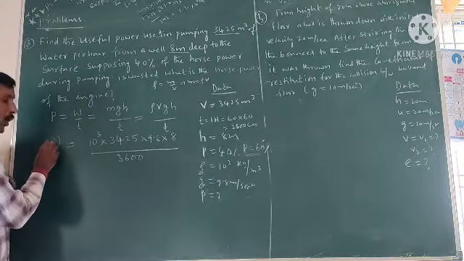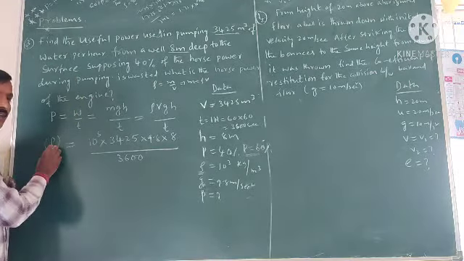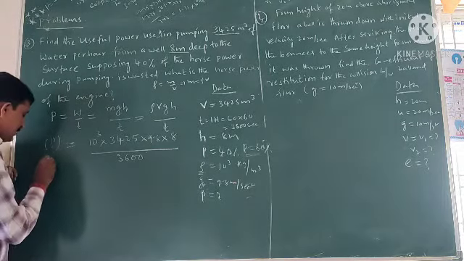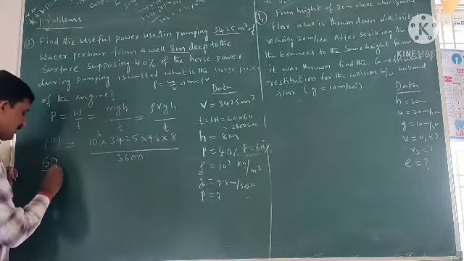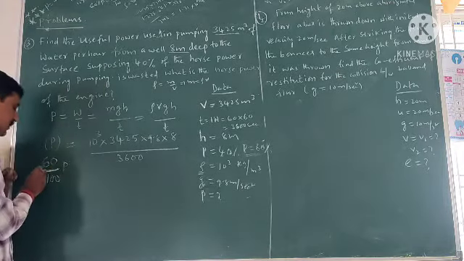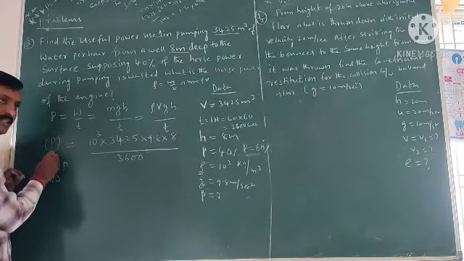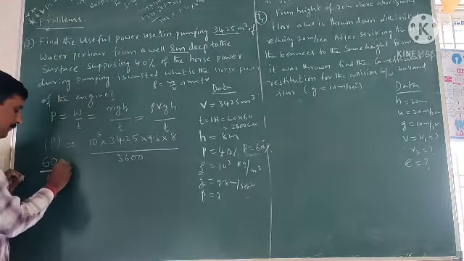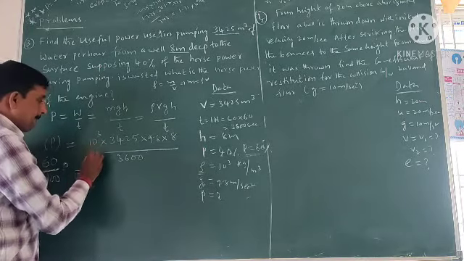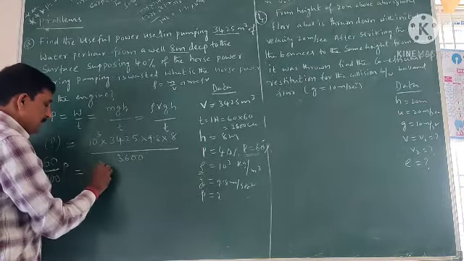Here how much power is remaining? 60% of power, 60 by 100 P, since 40% is wasted. So 60 by 100 P is equal to 10 power 3,